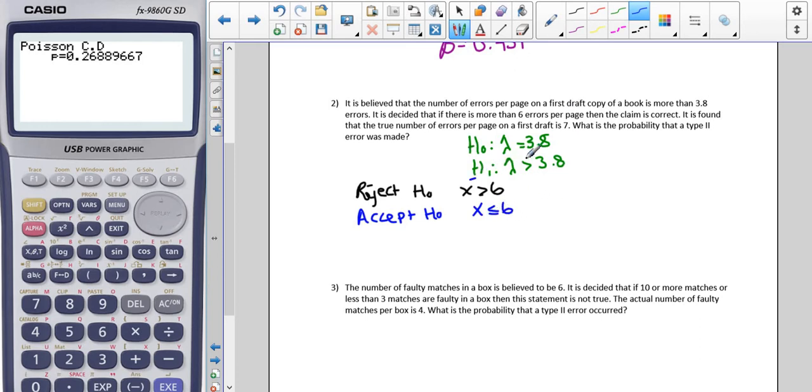And instead of using our H1 of lambda being greater than 3.8, we can see here it is found that the true mean number of errors per page in the first draft is 7. So H1, lambda is actually 7. So that means that again,